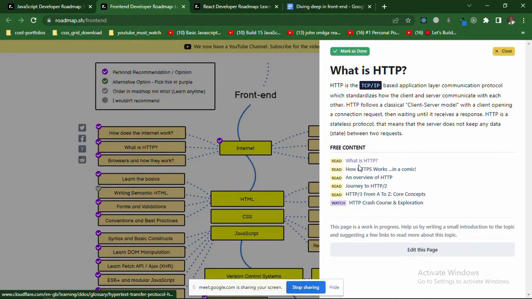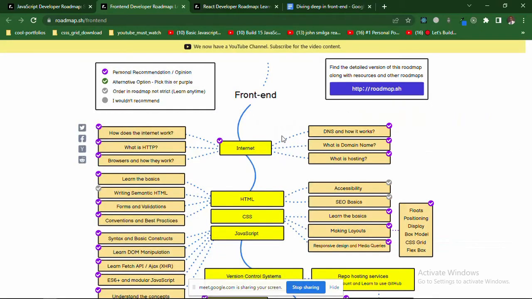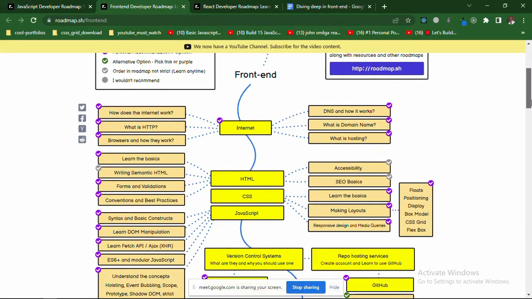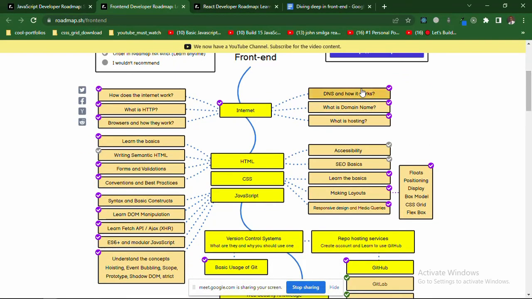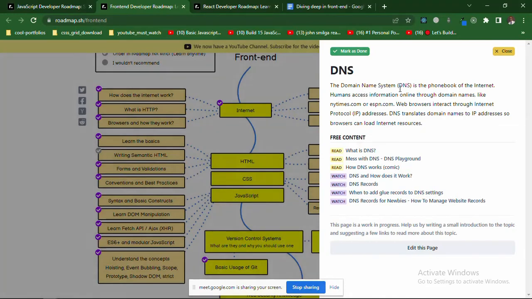As I said earlier, you can click through each of these links and read more about them, and also watch the video. So there are two kinds of links here: the ones you can read and the ones you can watch. Feel free to explore them in great detail. DNS, domain name system, I mean,